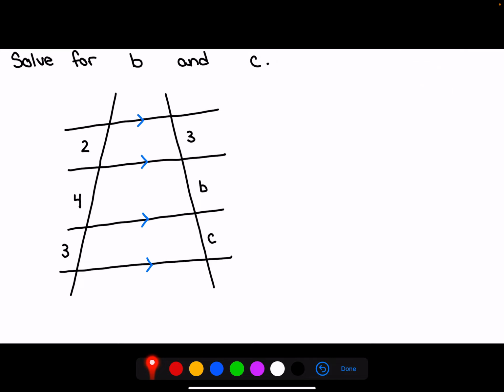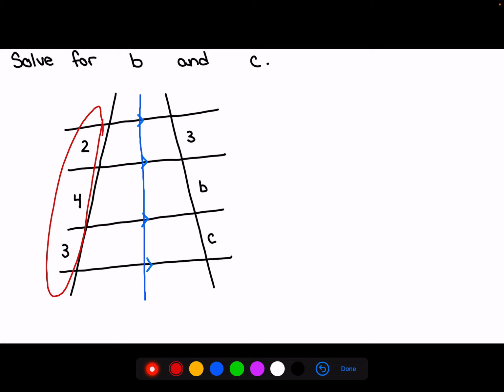So looking at this, we have more than 3 lines that are parallel. So again, what we can do is we can split it down the middle and set up our proportions on either side. I'll use a different color here. So therefore, I would have 2 over 4